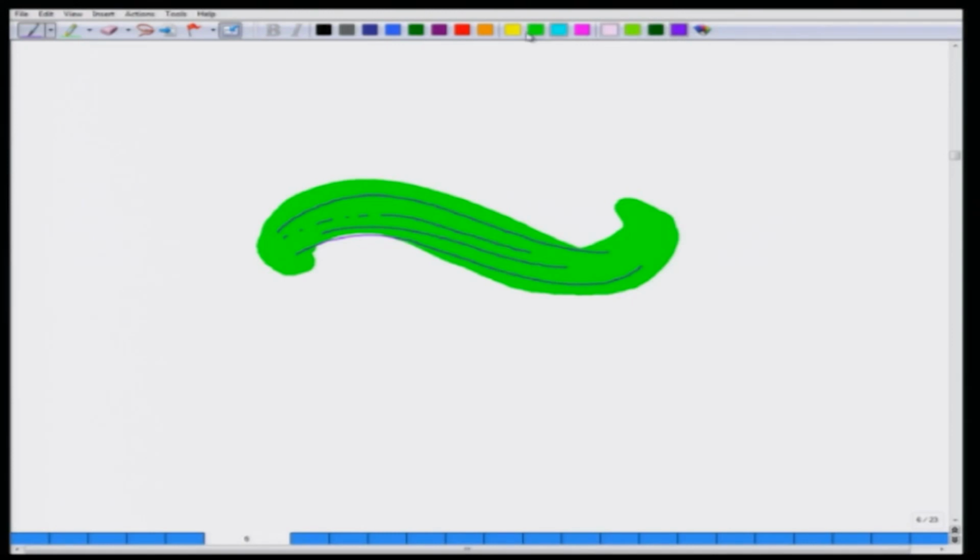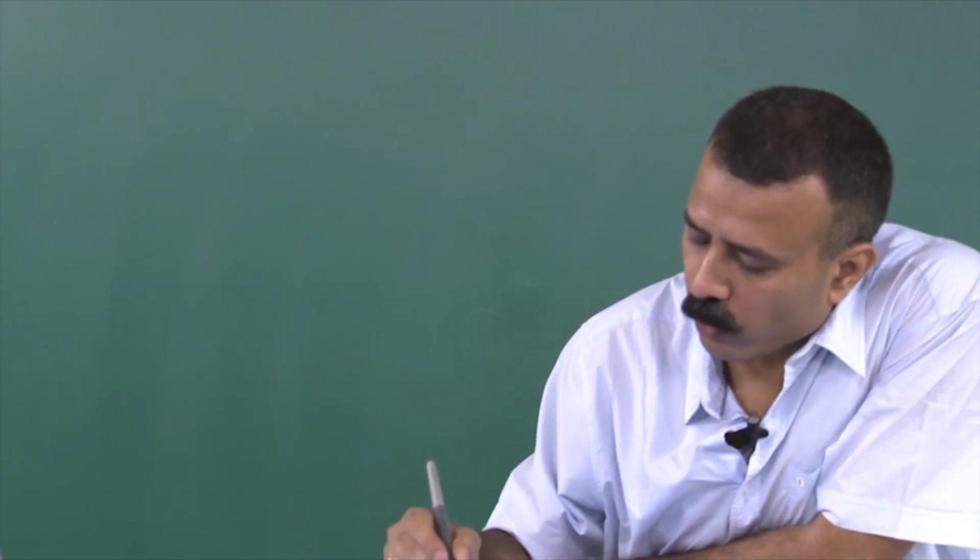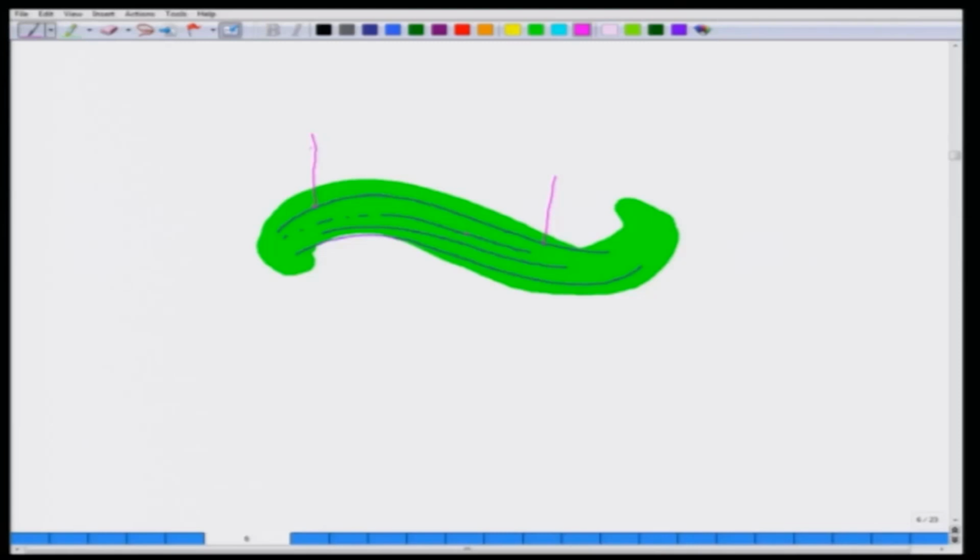So, now in order to study these different circuits and connectivity, you can poke electrode here, you can stimulate here, you can do a recording from here, or you can poke electrode here, you can do a simultaneous recording from here, or you can do it from here, likewise, or you can stimulate here and you see how it is distributing on both sides likewise, and you can put multiple electrodes. So, this is another advantage,